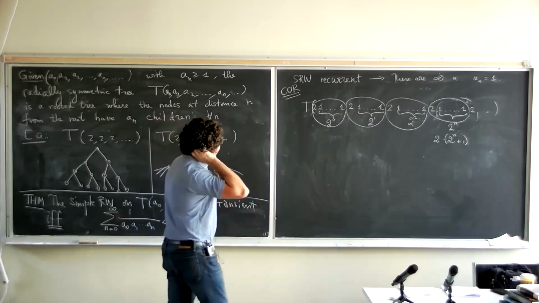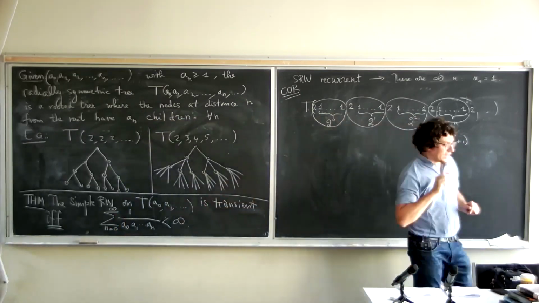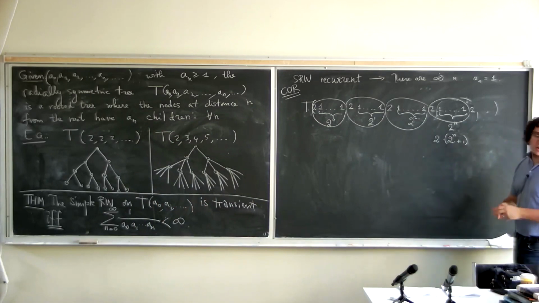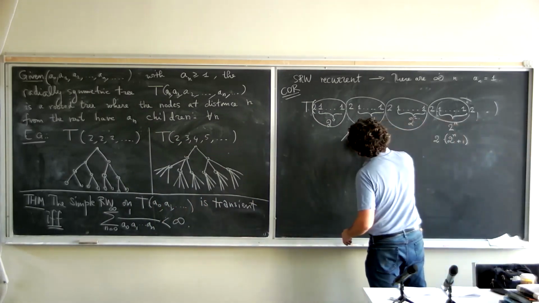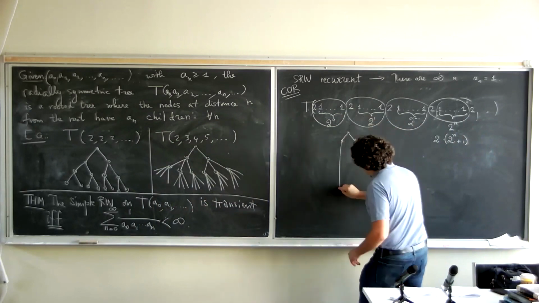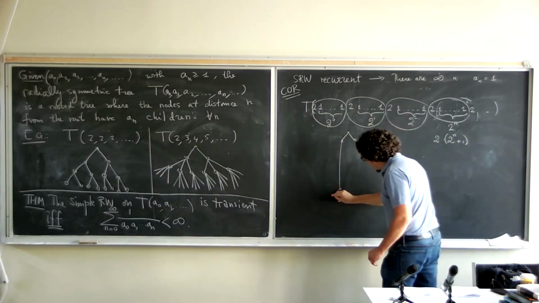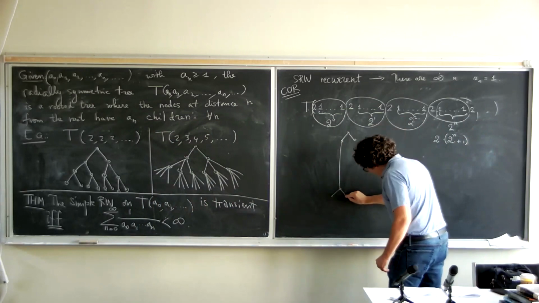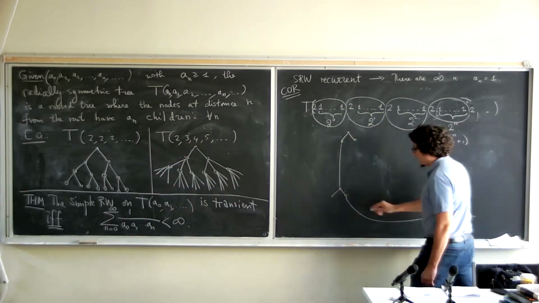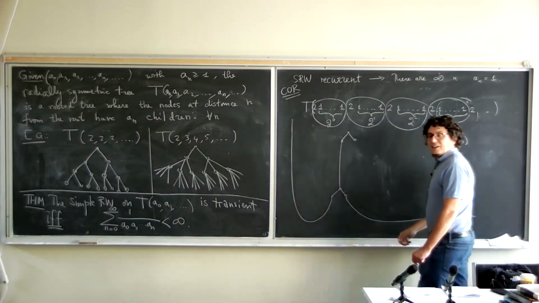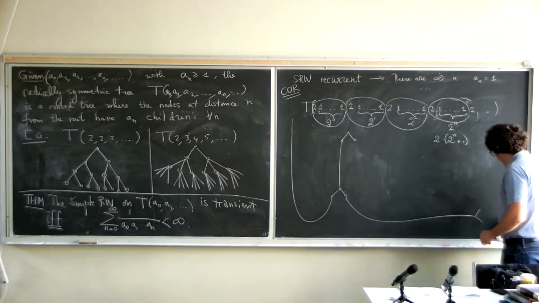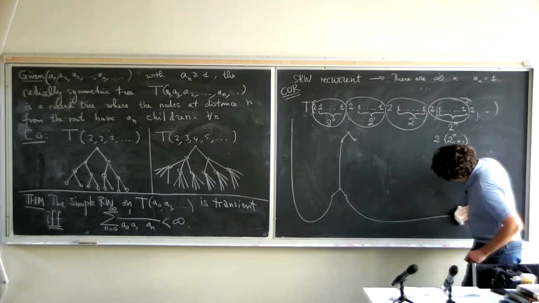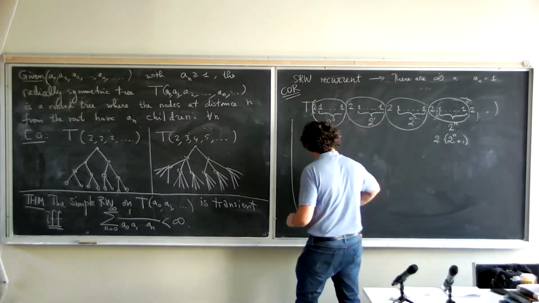Yeah. So in fact, there is a way to make it still recurrent if you bifurcate very, very rarely, and then you go in a straight line, and you bifurcate, and then you go in a very, very long straight line, and then you bifurcate again. Yeah, so it's not completely trivial, but still there are not so many options.